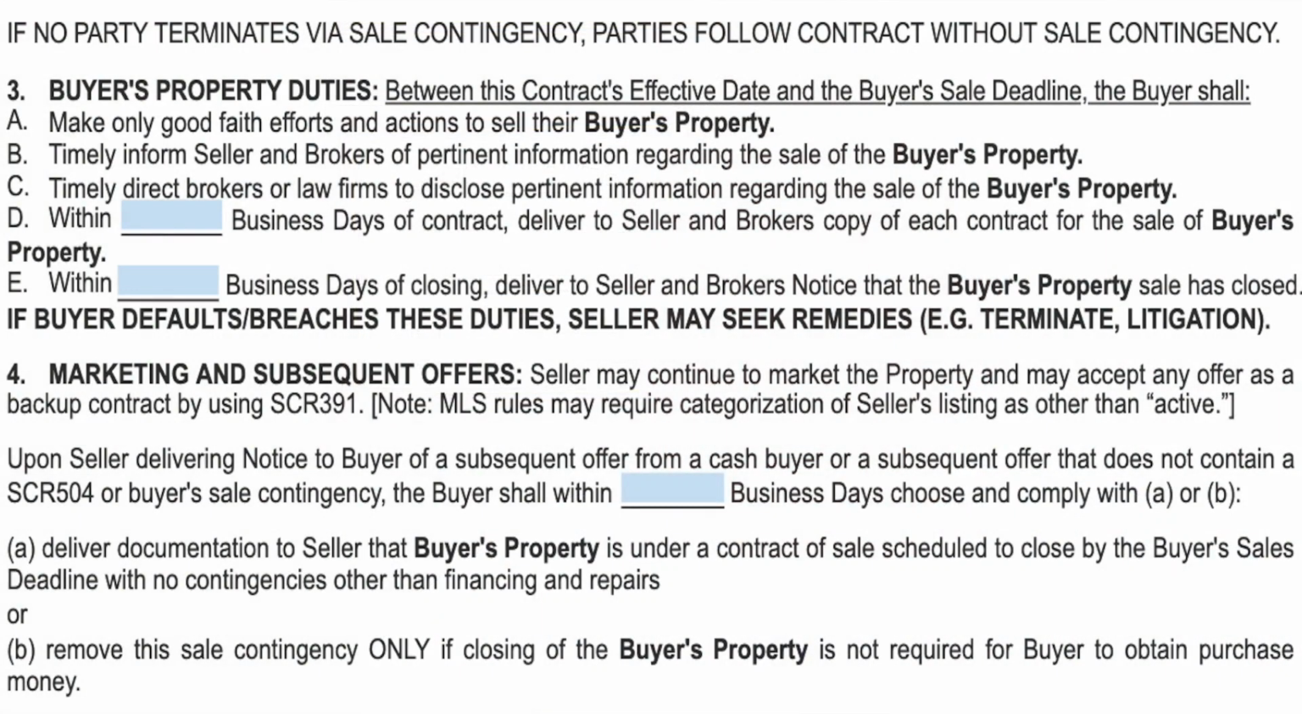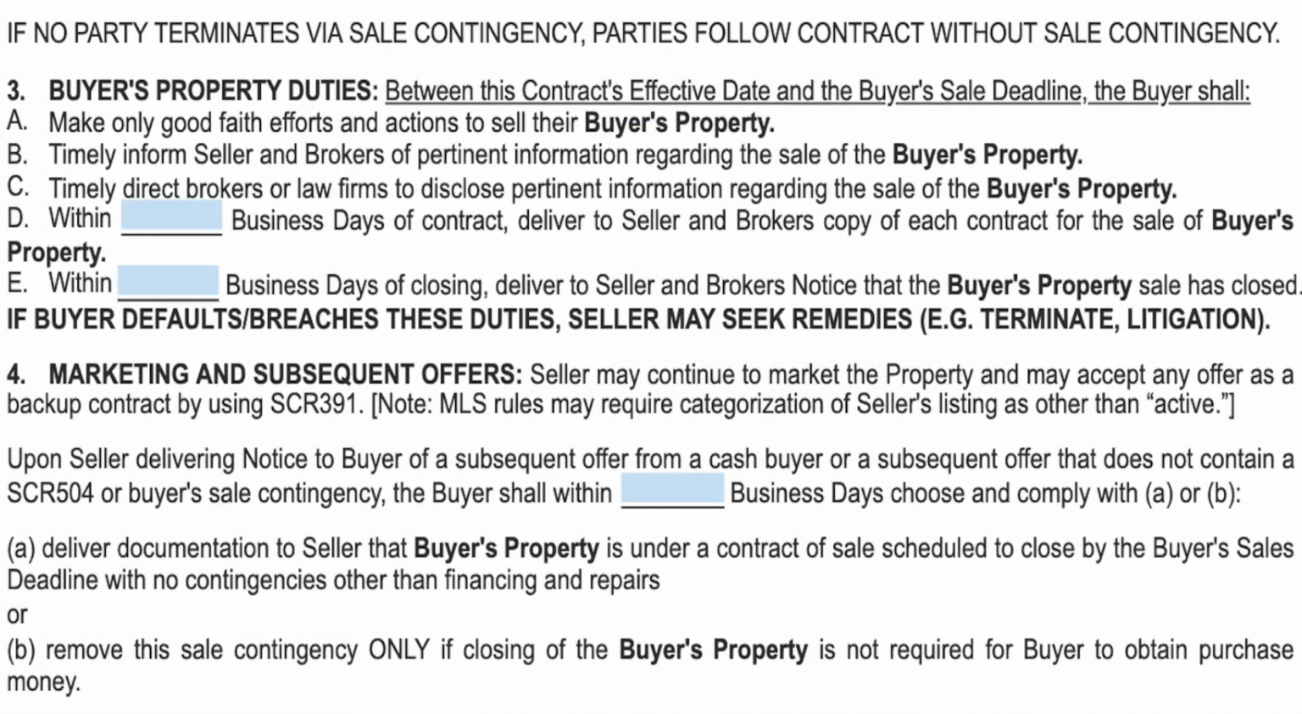Number 4, marketing and subsequent offers. This is where we get into what is commonly referred to as the right of first refusal, or the 48-hour right of first refusal, or 72 hours, 2 days, or 3 business days, or whatever the case may be. Okay, this one simply says this: sellers may continue to market the property and may accept any offer as a